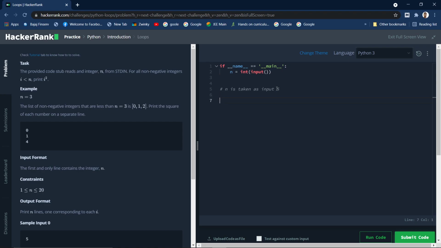That means 0, 1, 4, 9, 16. So total 5, right? If n is given as 5, the numbers below it are 0, 1, 2, 3, and 4. The squares of these numbers are 0, 1, 4, 9, and 16.